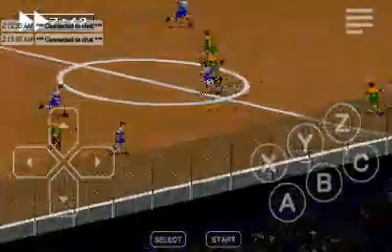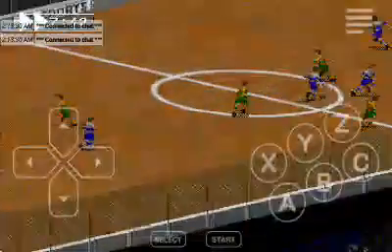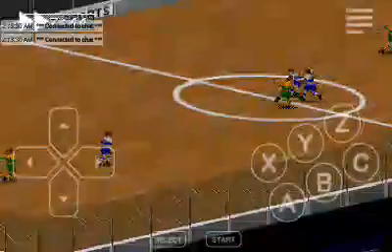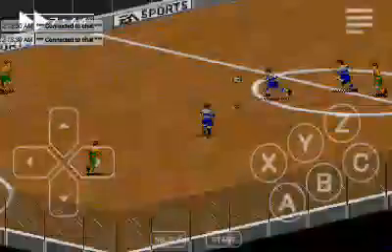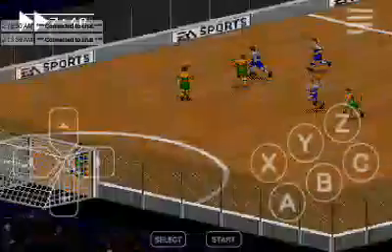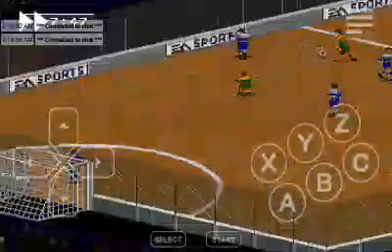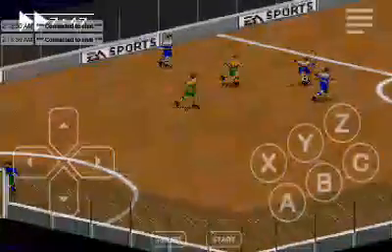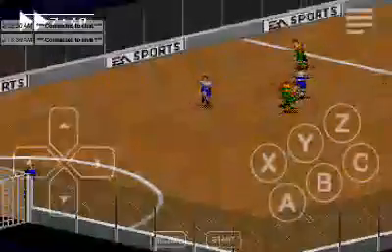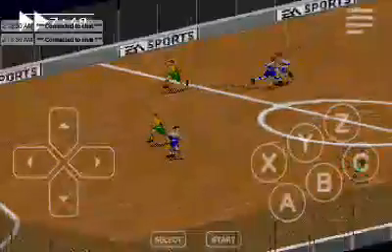Vancouver recovers. Pushes forward into the offensive. Dallas recovers for their team.